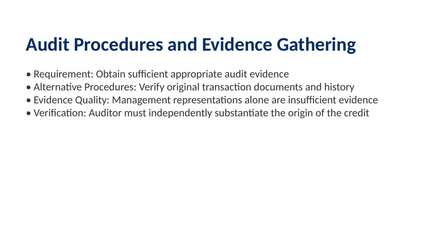But how does the auditor do this? You must mention that the auditor should obtain sufficient appropriate evidence to support the balance. Crucially, the auditor should apply alternative audit procedures to find documentary proof for the original transactions. A key point for your marks here is that the auditor should not rely entirely on management representations. Management saying it is an old balance is not enough evidence.